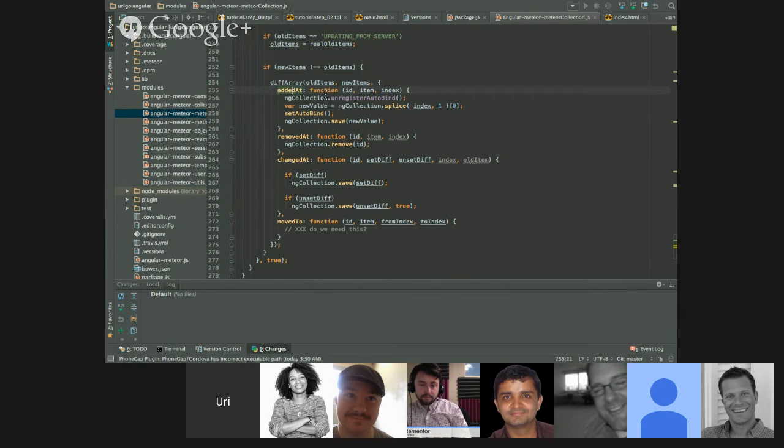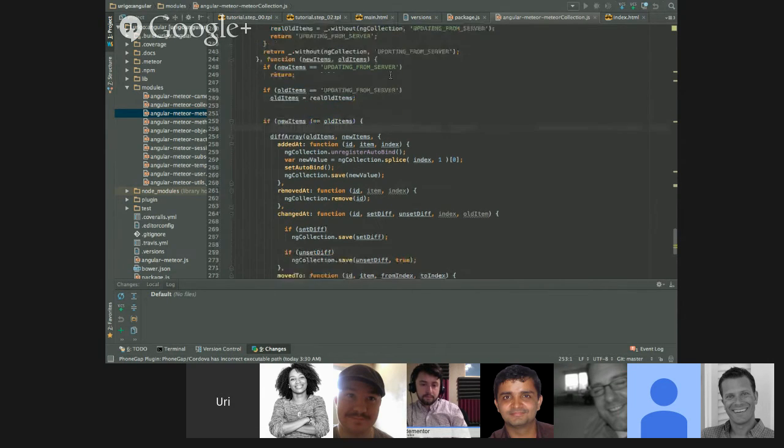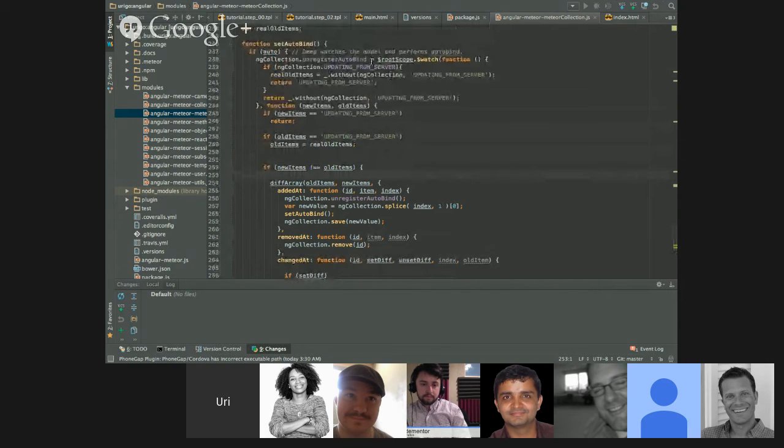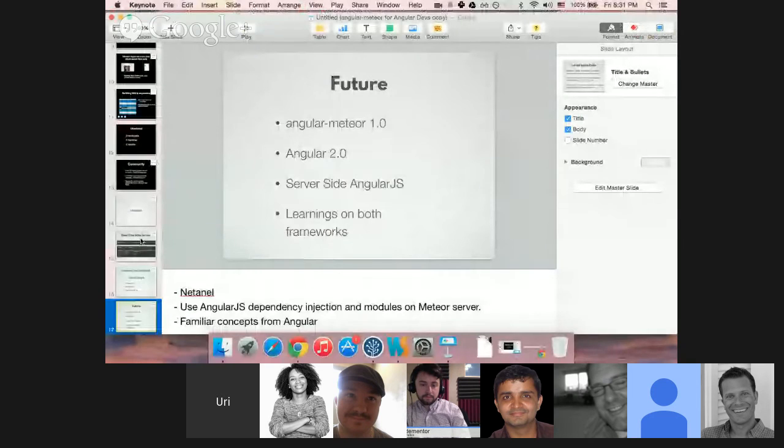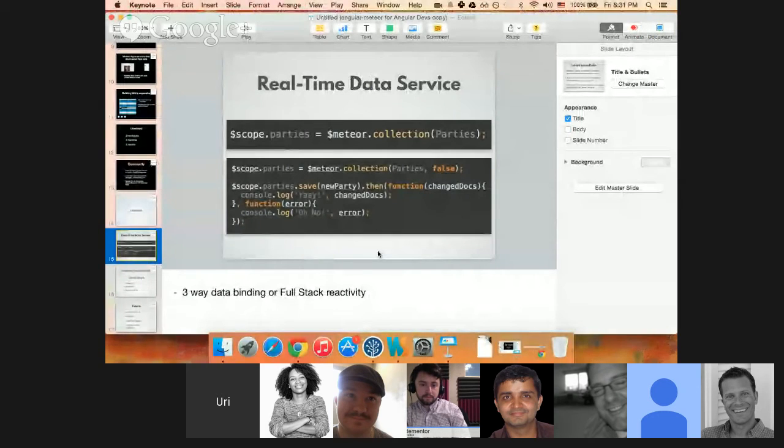And then we can update from Angular to Meteor, from the client to the server, automatically. You don't need to do anything because we're watching over it. But what I said in the slide, and this is a long slide here, is that when we're sending false, we're just canceling the watch.